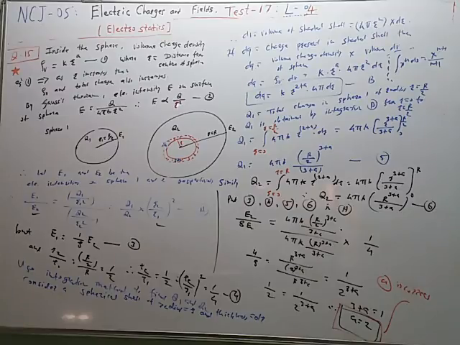So E is inversely proportional to r square and directly proportional to Q. So using equation 2 we get Q1 upon Q2 divided by R2 upon R1. R2 is this radius r and R1 is this radius r by 2. So R2 upon R1 is equal to this much, 1 half square, and therefore this is equal to 1 by 4, like this. So the important part is this calculation of charge.